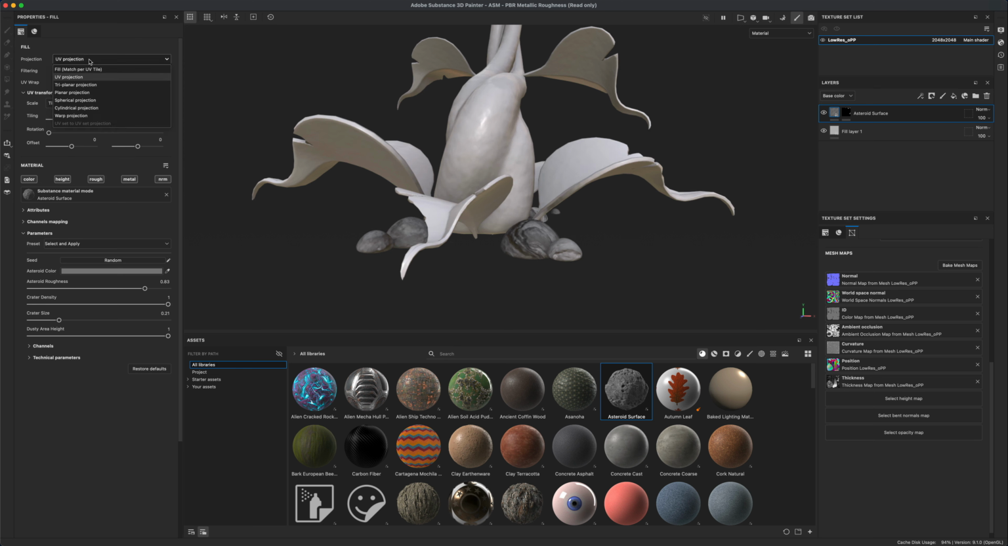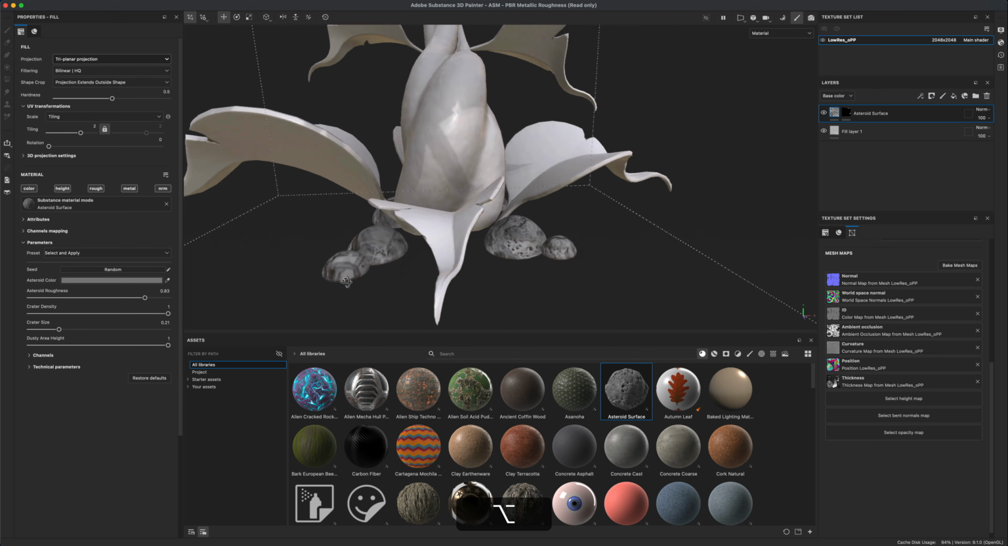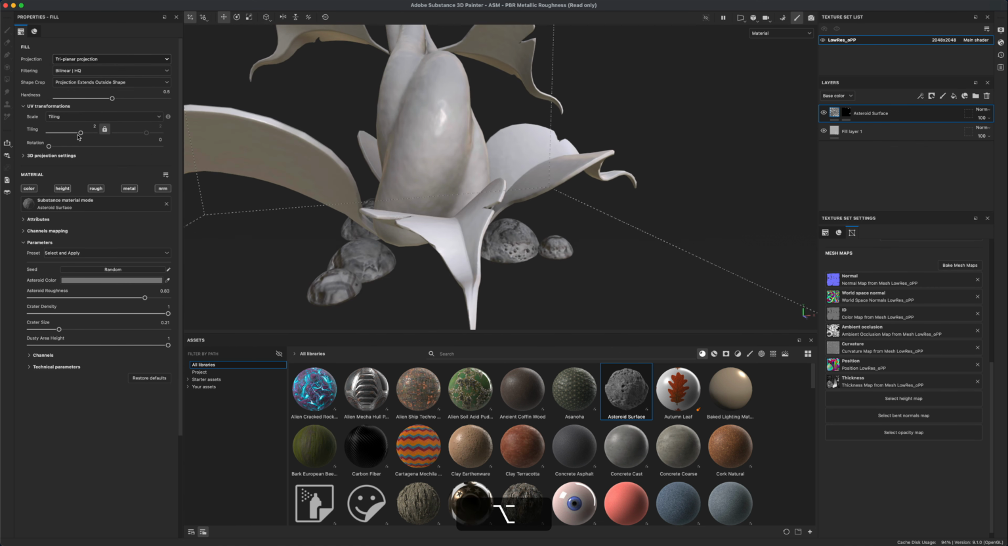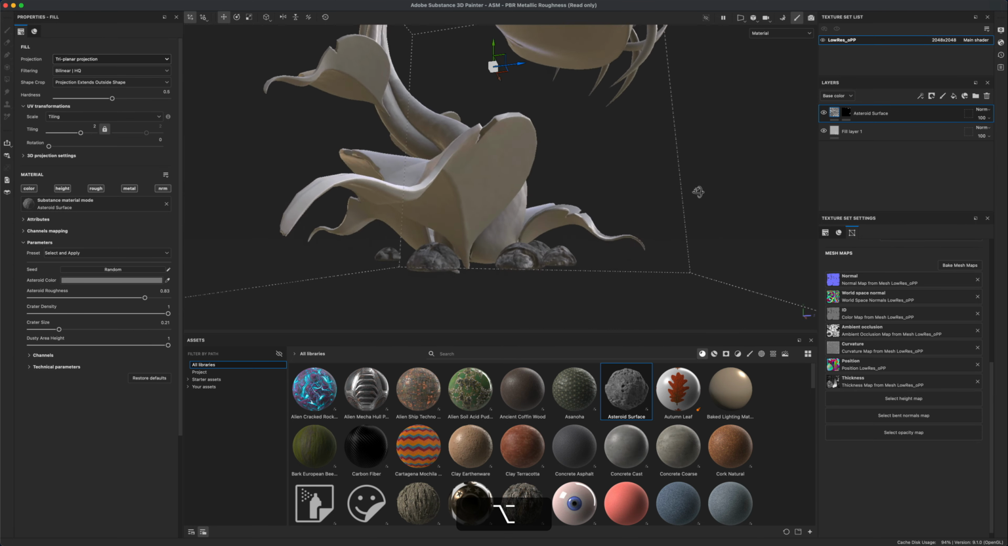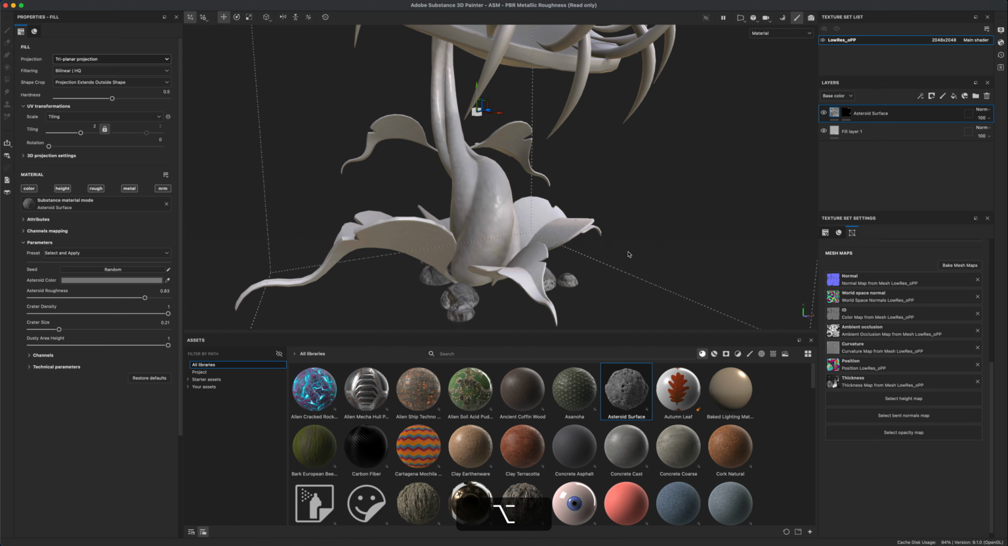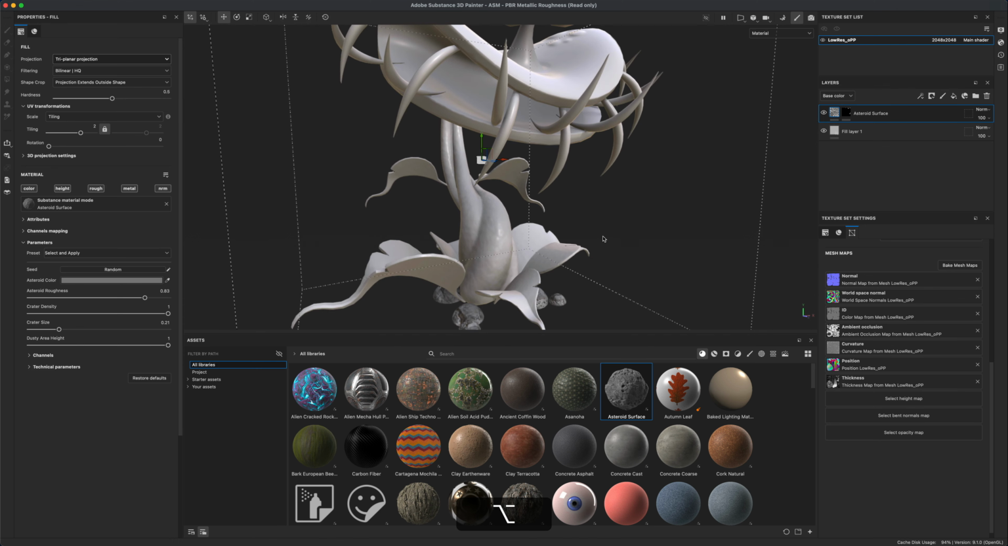And we can also change the projection. Maybe we like that better. So it's an infinite number of options here, right? So do as you please. So once you are happy with your rocks, let's go ahead and add something to